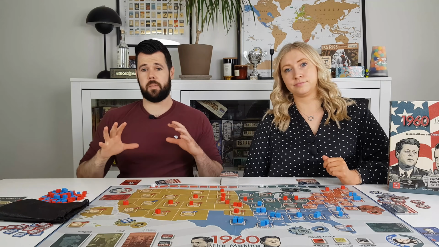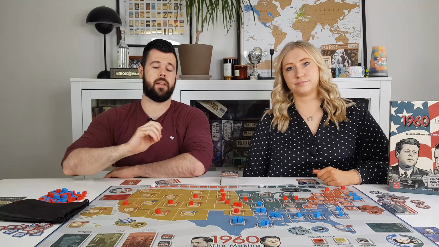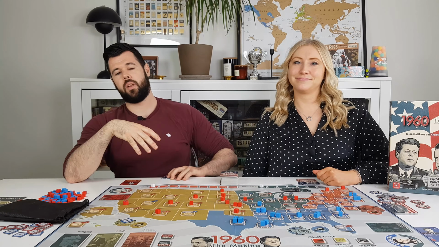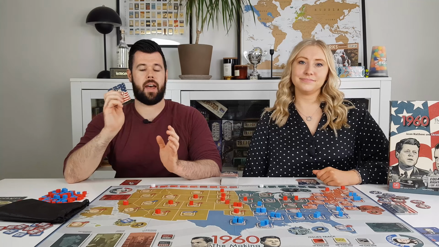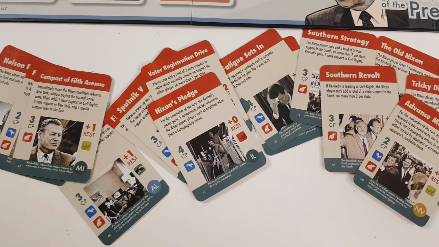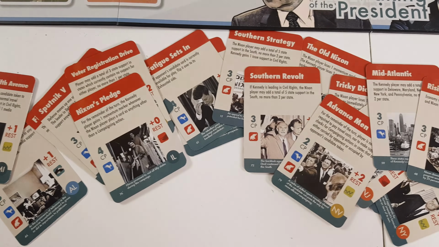Now, if you haven't played this type of game before, you should know there will be a lot of stress, but fun stress. You see, often you'll have a hand of cards that will have your opponent's events on them, and if they trigger them, it will be terrible for whatever strategy you've come up with, and you're going to spend your time trying to figure out how to avoid that.